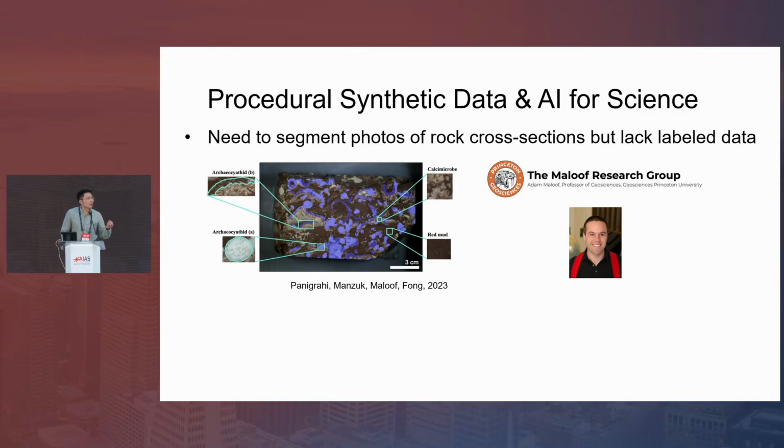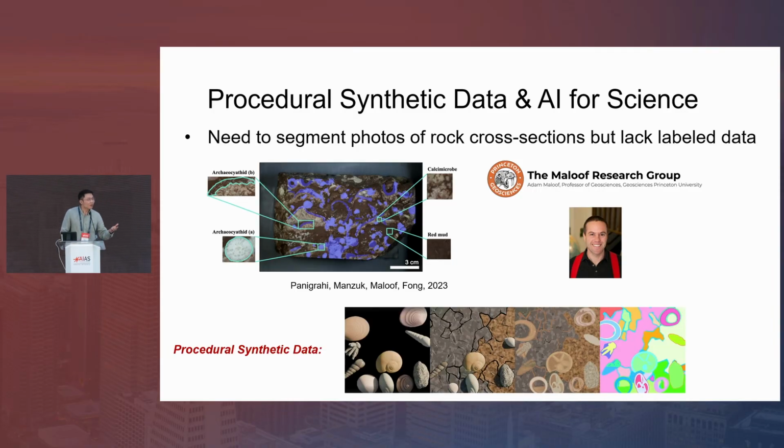And it turns out that existing off-the-shelf models don't do this very well, including the latest VLMs, because this is a task that requires very high precision. But if you want to fine-tune any model, you don't really have a lot of data because it's very, very costly to have experts manually trace the segments of the objects. Okay? So this is where procedural synthetic data can come in.